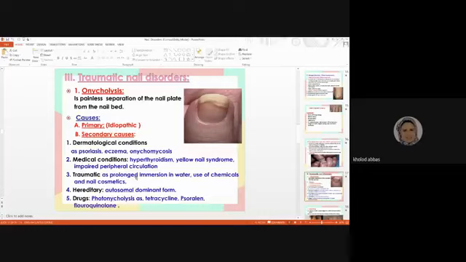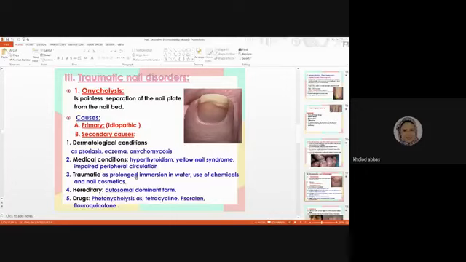cessation of nail plate growth. There will be no nail growth, with over curvature or curved nail. With cessation of growth, the color of the nail is yellow, so they call it yellow nail syndrome, and it affects all the finger and toenails. Impaired peripheral circulation also can lead to yellowish discoloration. Onycholysis. Traumatic nail,